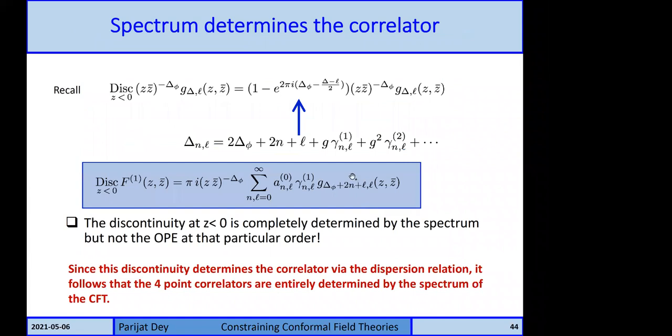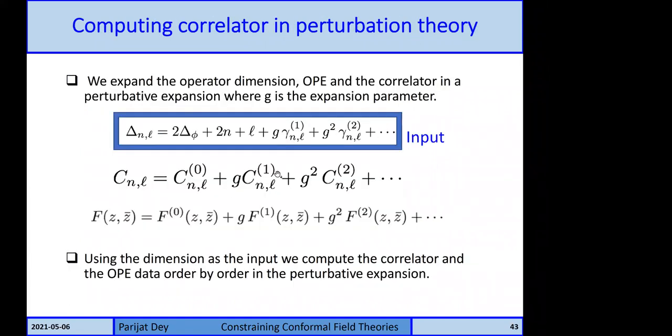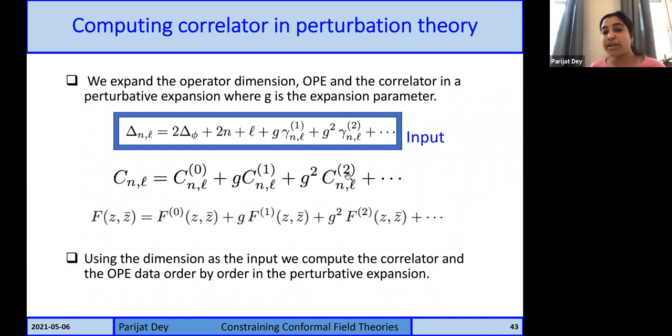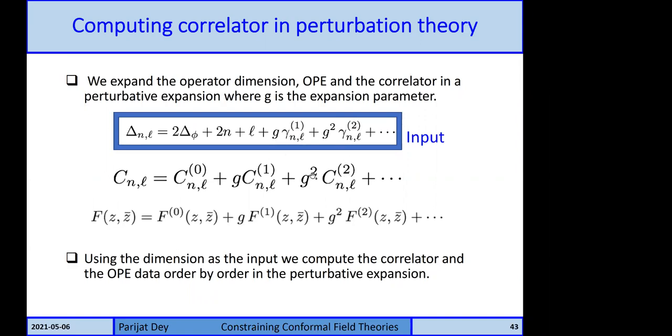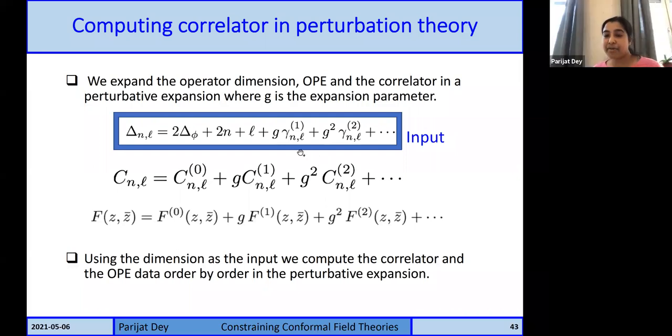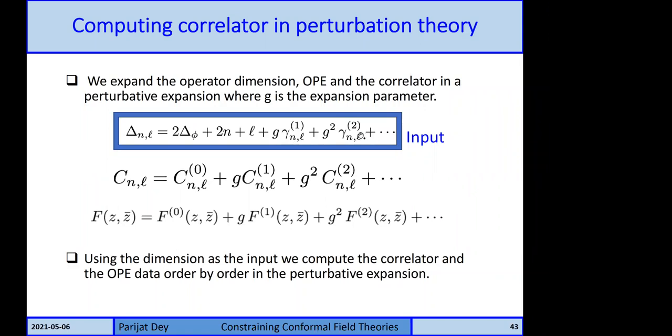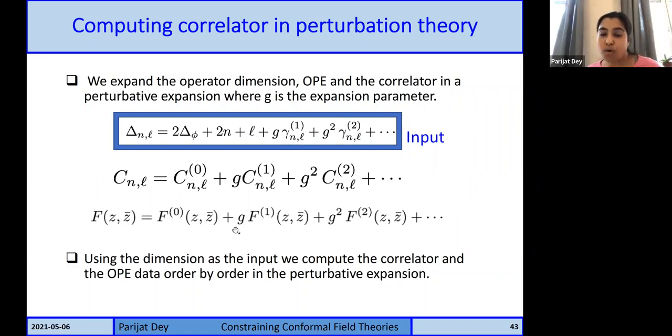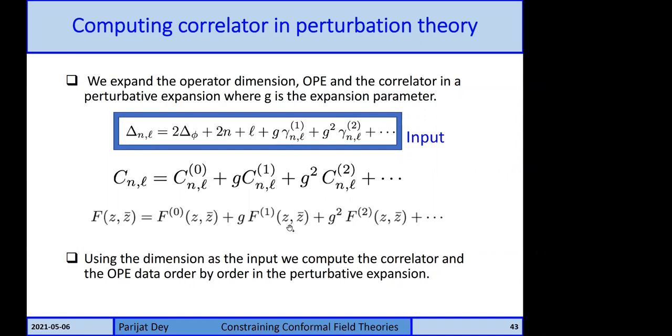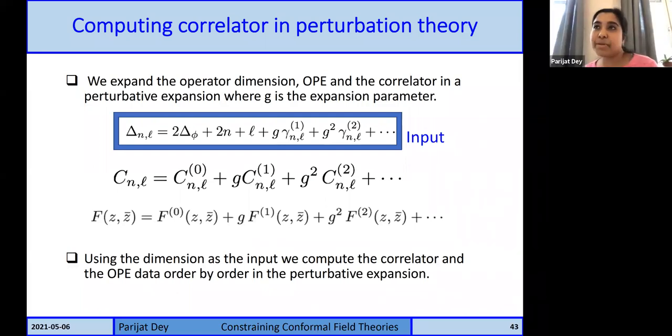Sorry, how do you get the corrections again? I didn't get it. These are all unknown. I am assuming that there is a perturbative parameter, and I understand, but I guess you're able to determine this F, right? In some way, how are you doing that? Yes, I'm using the dispersion relation. I am using the operator dimension as an input, and the dispersion relation assumption is that the branch cut comes purely from this operator dimension. That is the point. Yes, that will become clear in the next slide.